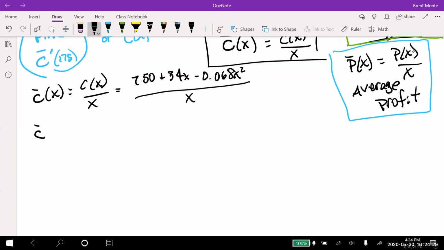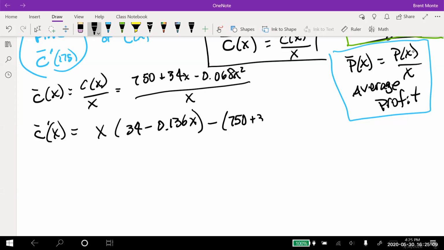Okay, so C bar prime of x, low d high. Well, the 750 is a constant, it goes to 0. The 34x, the x goes away, minus, and then just to make sure that I don't make any silly calculation errors, I'll put in 0.068 times 2, and I get 0.136, so minus 0.136x. So that's low d high minus high d low, the whole numerator. The derivative of the bottom is just 1. Square the bottom,